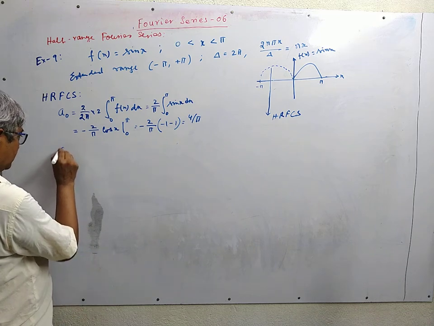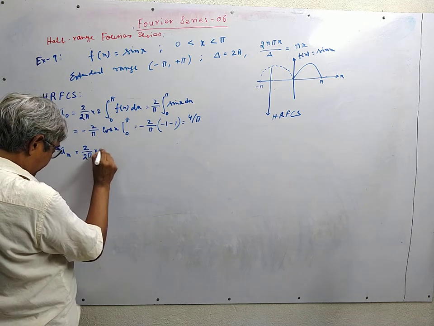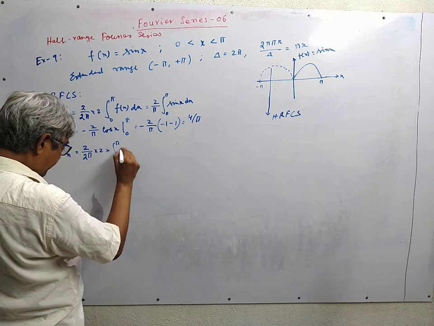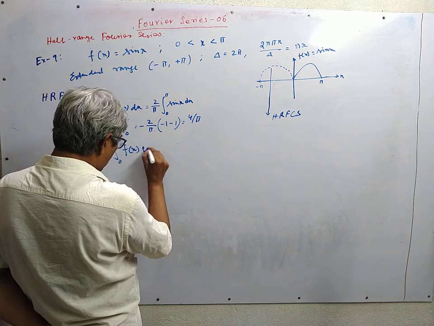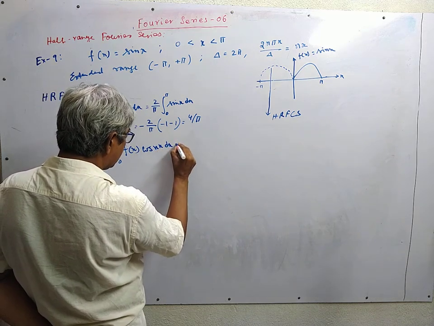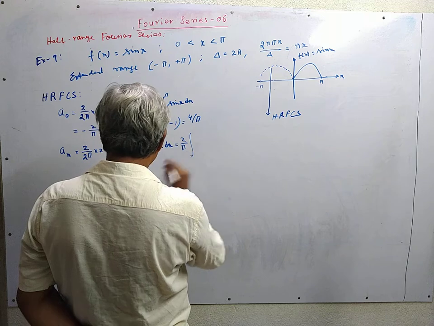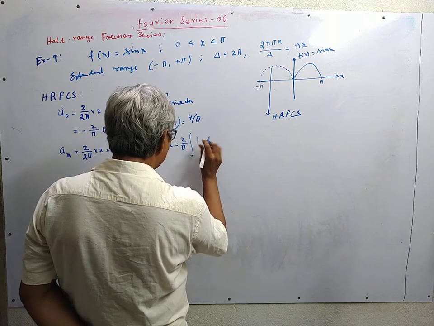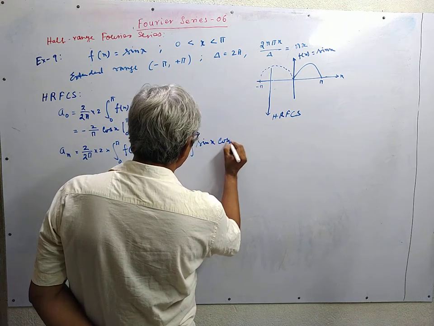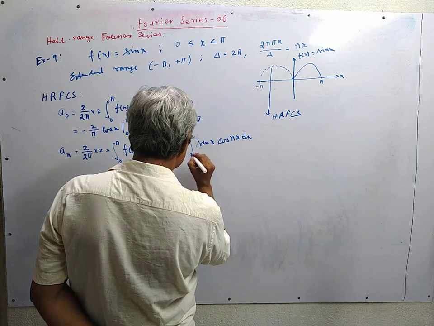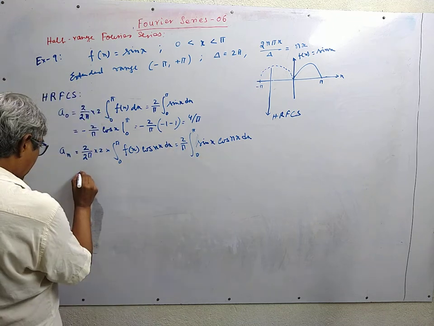Now come to the an calculation. an is 2 upon 2 pi into 2 into integral from 0 to pi, f of x cos of nx dx. This is 2 upon pi. Integration for this, this is sine of x cos of nx dx, including these two, we expand it as